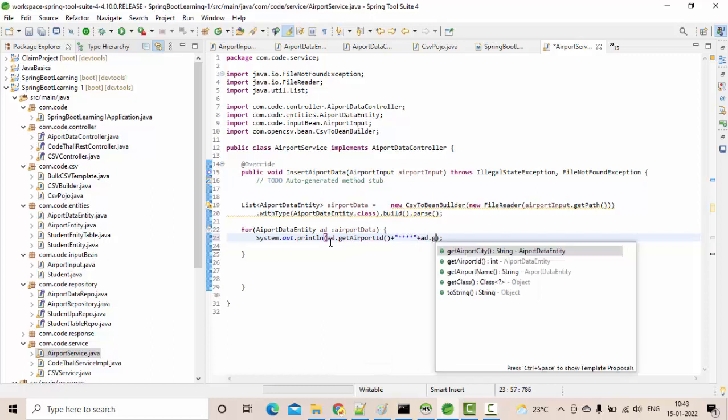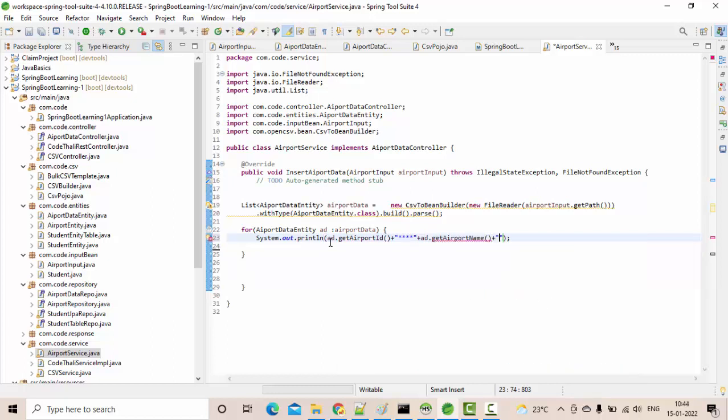Now ad dot get airport name, ad dot get airport city. Okay, this is nothing but I am writing this to my console here. How to save that into the DB, that we'll see after a bit. First let's see whether it's been implemented properly or not, then we'll see how we can write it to